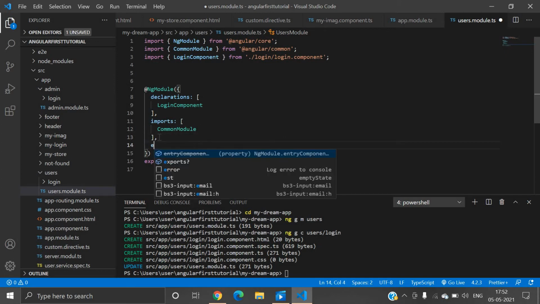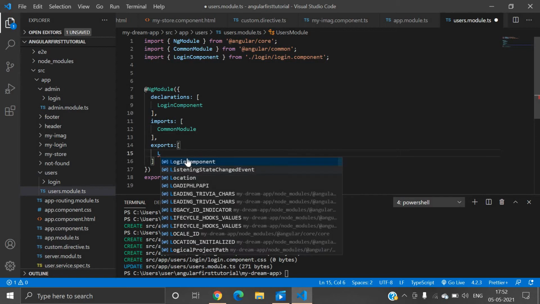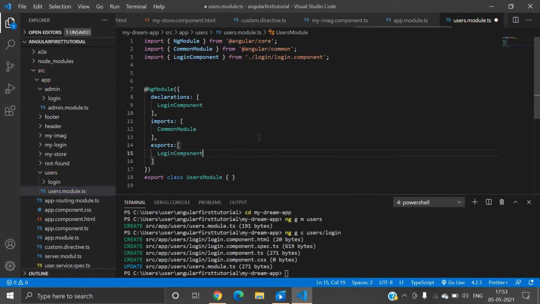So let's export this component. If you want to create any other component, then you have to import it inside users.module.ts. After that we will export it. Let's say the login component, and I will save this file.